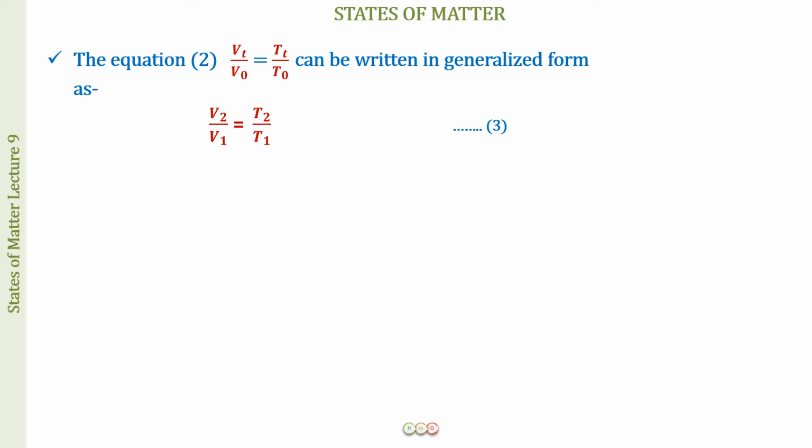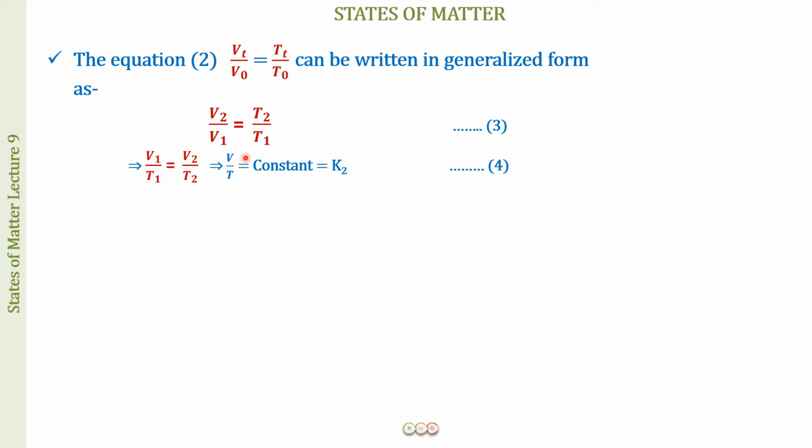You are going to commit a big mistake if you just write down the temperature in the Celsius scale and write this as V2 by V1 equal to T2 by T1. That is going to be wrong. Just remember the volumes are going to be taken corresponding to the temperature on the absolute or the Kelvin scale. Fine. So now I can just rewrite this equation as V1 by T1 equal to V2 by T2,